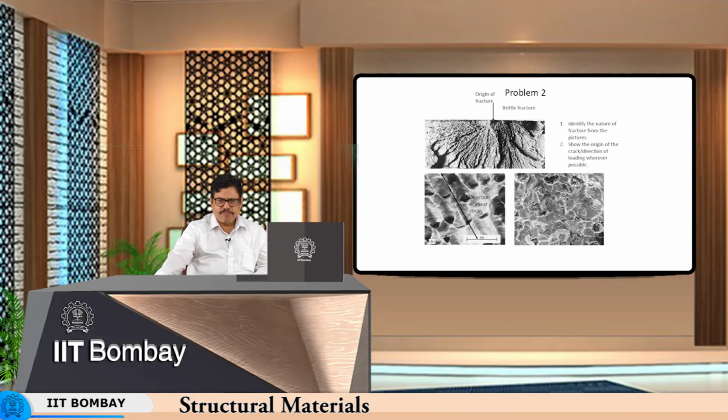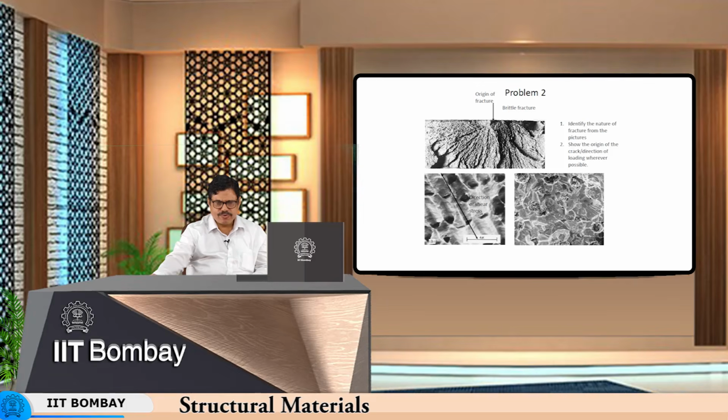Here you have a mixed type of fracture with mixed features. You have some ductile features in the form of dimples here, and then there are faceted features as well. What it means is that the crack propagation was not through a ductile medium all the time, it happened through some islands of ductility. So the crack got slowed down at certain regions and then moved rapidly at a few others. So you have these facets which are